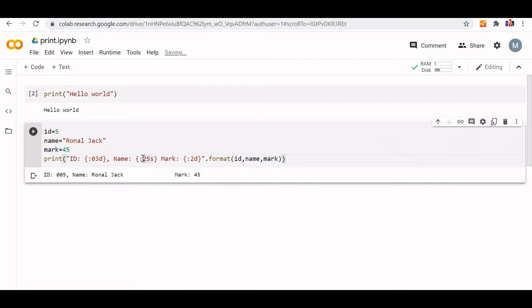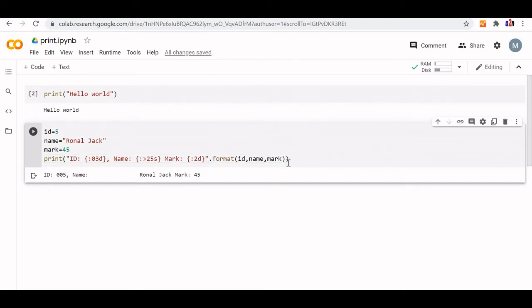Let's say I want to make the name right aligned. So I will put this, telling it to align right. Now you can see Ronald Jack is shifted to this side, and the blank space is kept to the left. This is how we have used placeholders and formatted the outputs. Further attributes of the print function, like separator and end values, we will understand next.